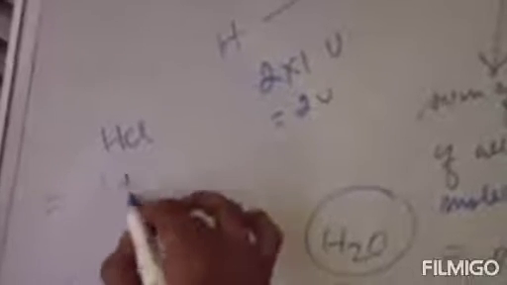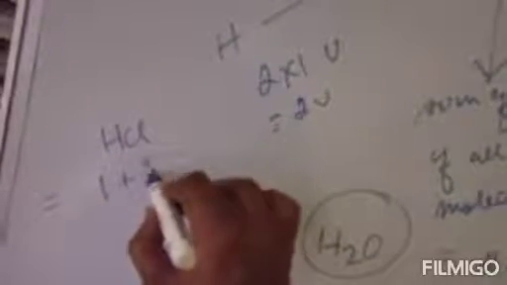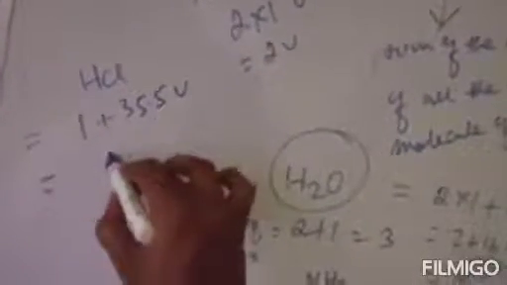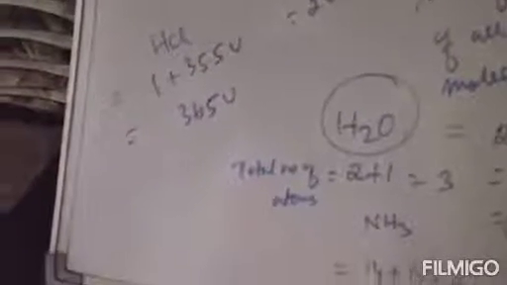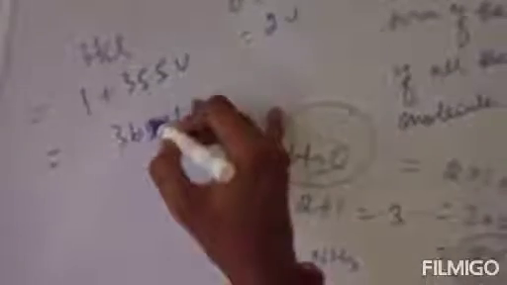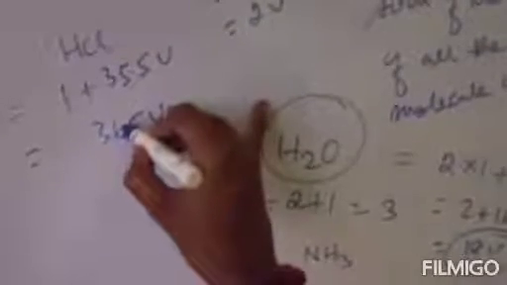Now 1 hydrogen atom is present. So the atomic mass of 1 hydrogen atom is 1 and the atomic mass of 1 chlorine atom is 35.5. You can easily find this out in the chart. So adding, we get 36.5 U. So the molecular mass of hydrogen chloride, or HCl, will be 36.5 U. Here this is the decimal. Clear? 36.5.